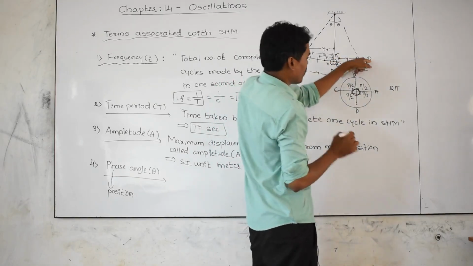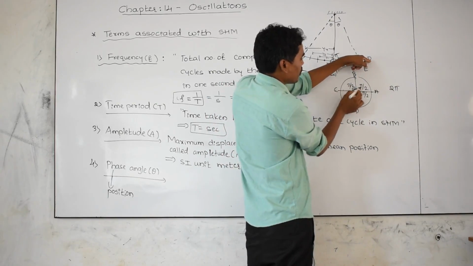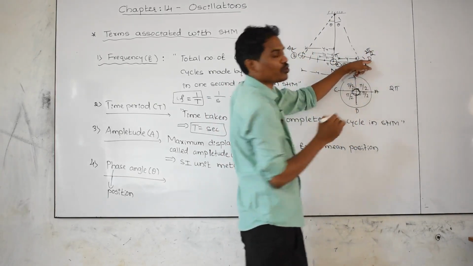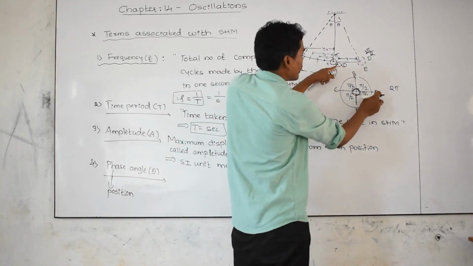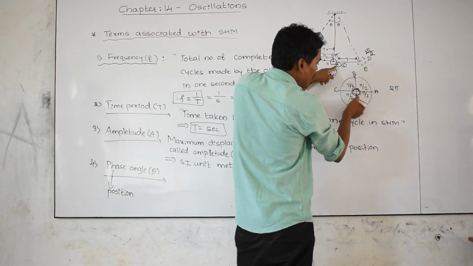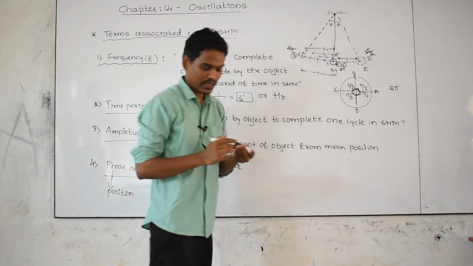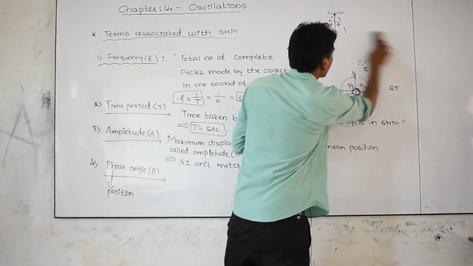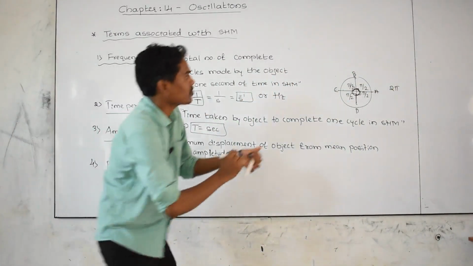Again C to D, again pi by 2. Pi by 2 plus pi by 2 plus pi by 2 is 3 pi by 2. This is 3 pi by 2, which means 270 degree. Again D to A, again pi by 2; add all those, you are getting 2 pi. Means again this is 2 pi. Getting? This phase angle in simple harmonic motion we are going to represent with the help of a circular motion. And let us take once again.